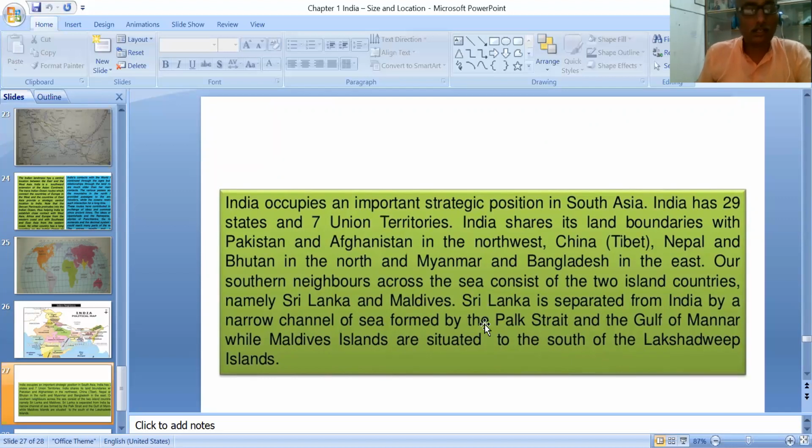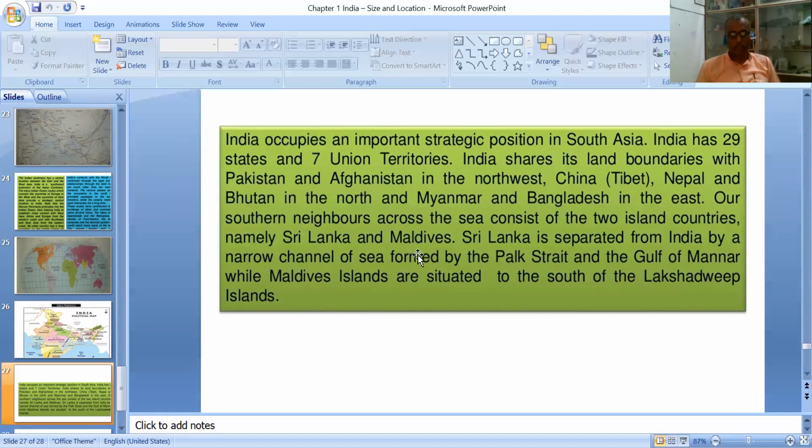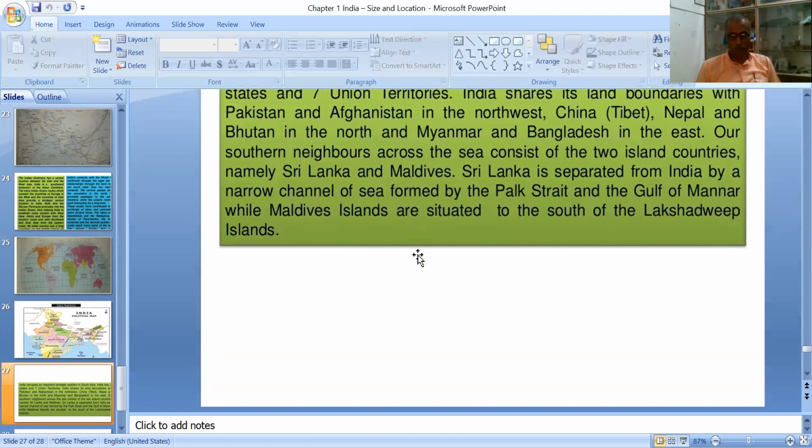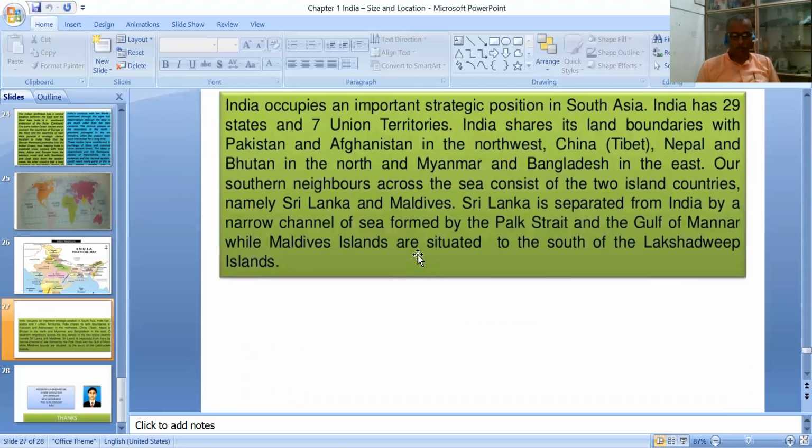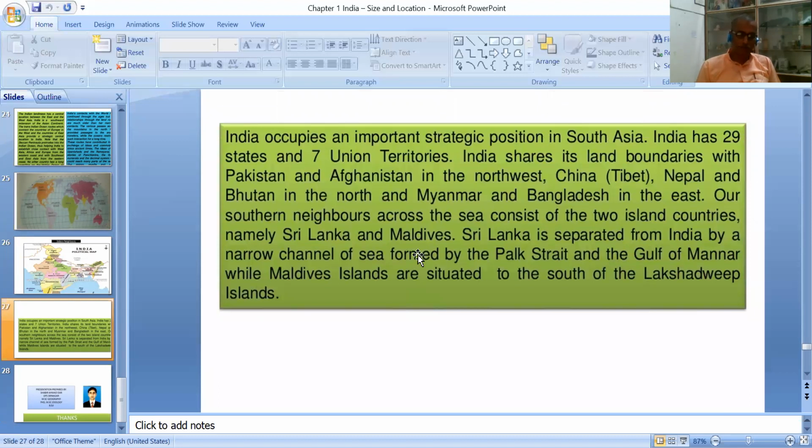And when we connect to Sri Lanka's area through the Palk Strait, there you can find the Rama Setu. So this is one of the Ramayana-connected areas which we can see. Even the Gulf of Mannar and the Maldives Islands have got an Indian culture. India's influence on all these areas is very high. So this shows how India was, and how India is, a great role player in the world, and its position, its people, and all are very, very important to the world.